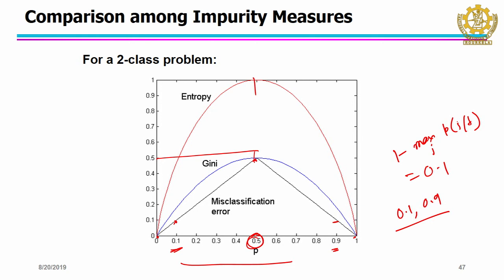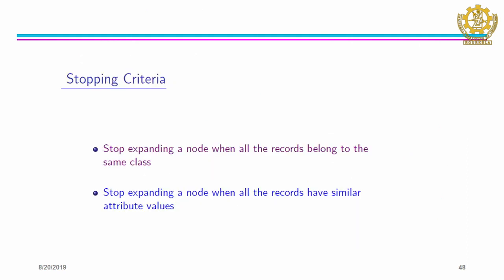If we have a 3 class problem, then we have to see the other probabilities also, because it is easy when you get one class probability of 0.1, since we can identify that the other class probability will be 0.9. I already mentioned that you stop expanding a node when all records or all objects belong to the same class, or all records have similar attribute values, so you cannot divide further. You can also put in other restrictions, like if the number of objects in a node is very small, then you should not split again.